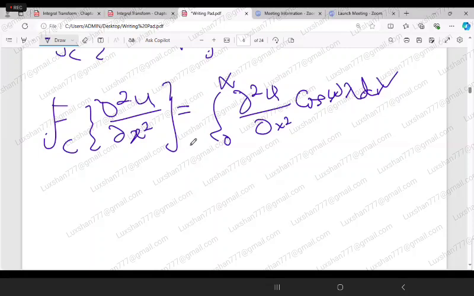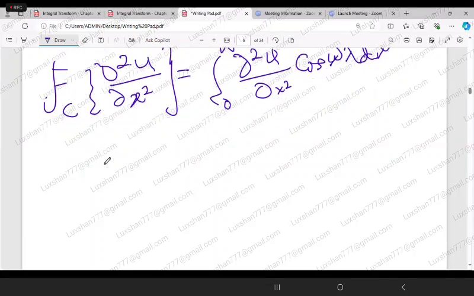So using the method of integration by parts, you can write it as ∂u/∂λ